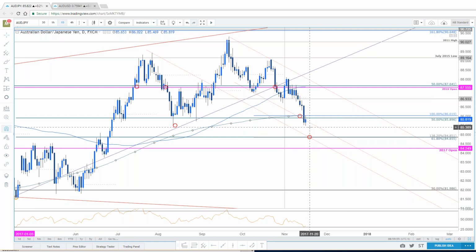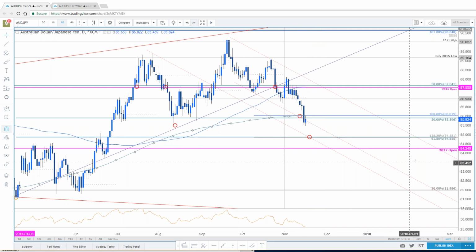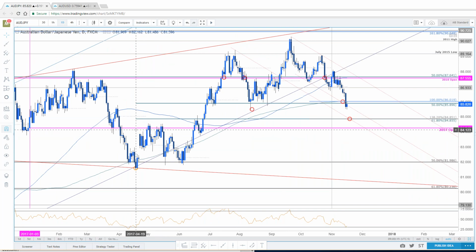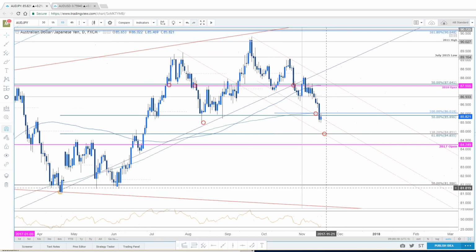On the daily chart, if we were to cover back above this on a daily close basis, that would forgive this as a near-term false break. But as long as we hold below 86, that puts us on a little bit more of a bearish path, still targeting confluence support here at 84.85. That's a basic 618 retracement of the entire yearly range. It's a 138.2 extension. Not really an extension I stress too much, but since we saw reaction at the 100,